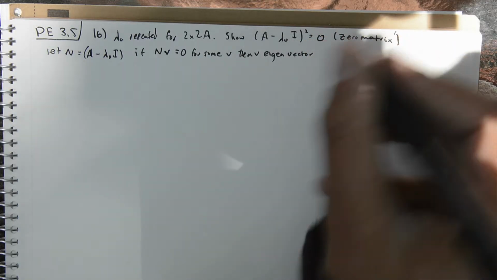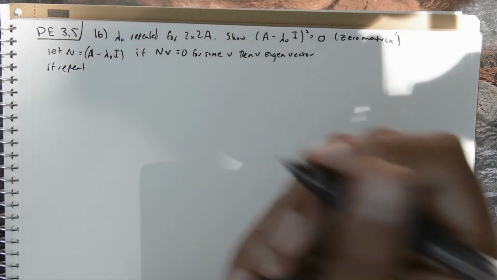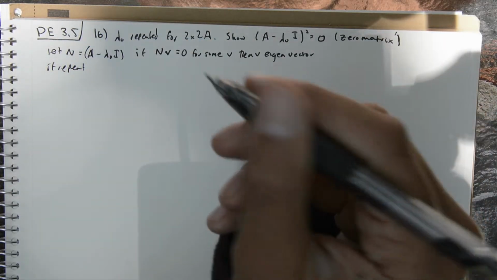If we have a repeated eigenvalue, sometimes I just write down stuff that I know and hopefully it works. If repeated